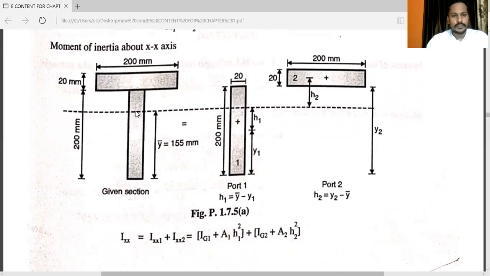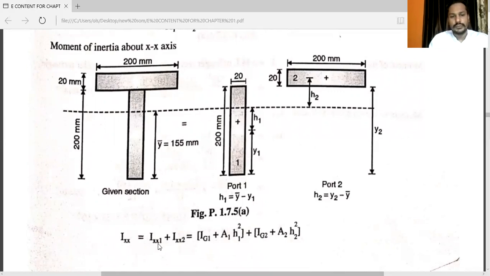So the formula will be Ix is equal to Ixx1 plus Ixx2, meaning the moment of inertia of the first rectangular area plus the moment of inertia of the second rectangular area. We know that Ixx1 is equal to Ig1 plus A1 h1 square. This formula is as per the parallel axis theorem, because we know the formula of Ig1 and Ig2, but we have to calculate